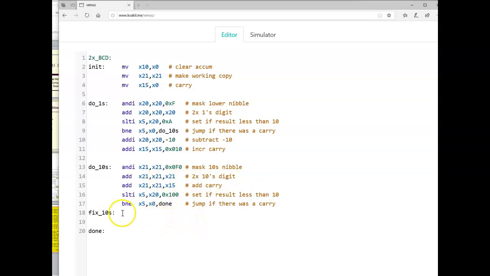I got scared there for a second. So this is the same idea, and if this thing makes it to this instruction right here, that means there was a carry, so I have to adjust it. So I'm going to add immediate x21,